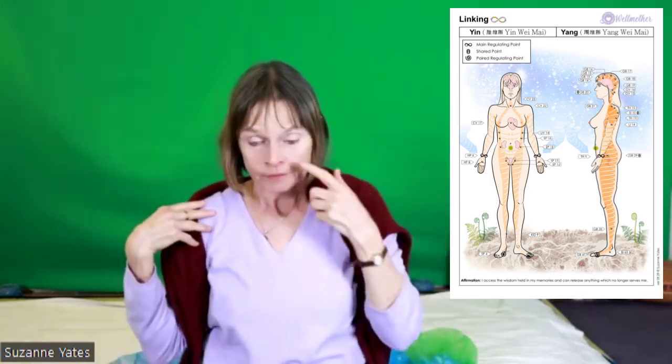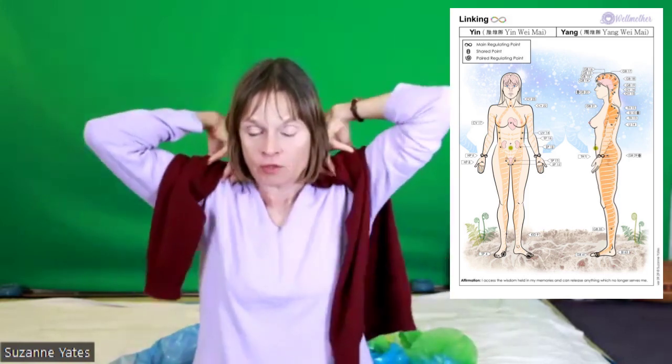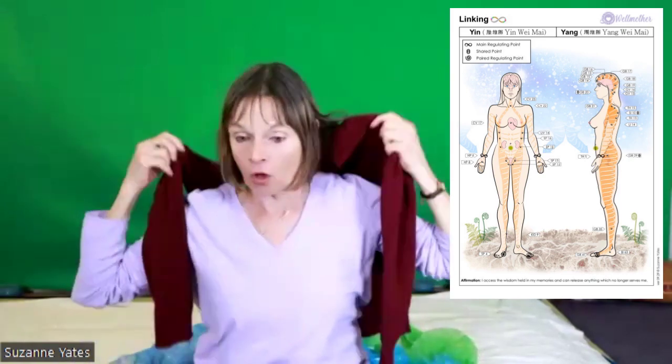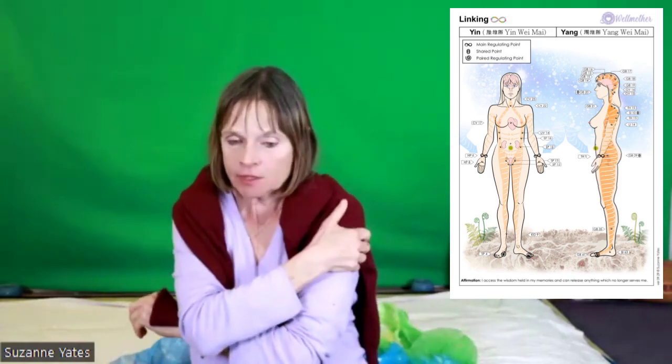But they're very important for the shoulders, because our wings, well, when we do the movements, we'll start with the movements of the shoulders, because obviously if your shoulders are tight, then you can't really fly very far. So yes, the regulating point opens up the energy of the whole pathway. So when you get into the arms, think of the whole of the yang and the whole of the yin, but in the yang, it's especially